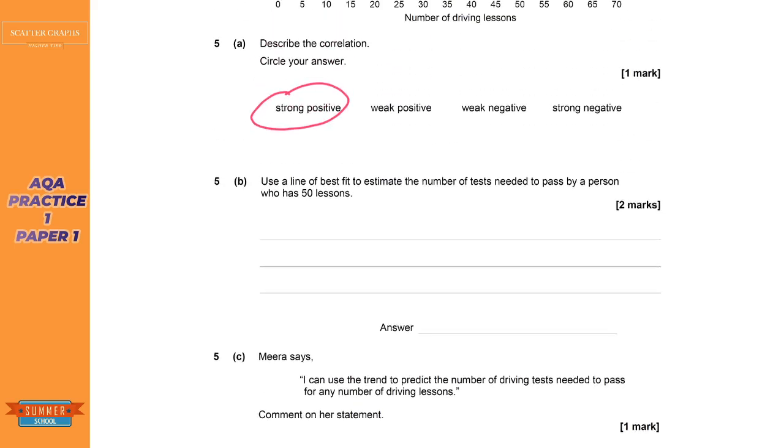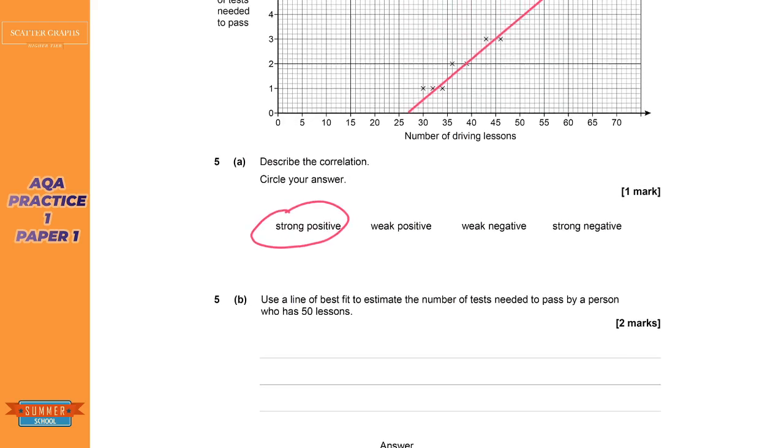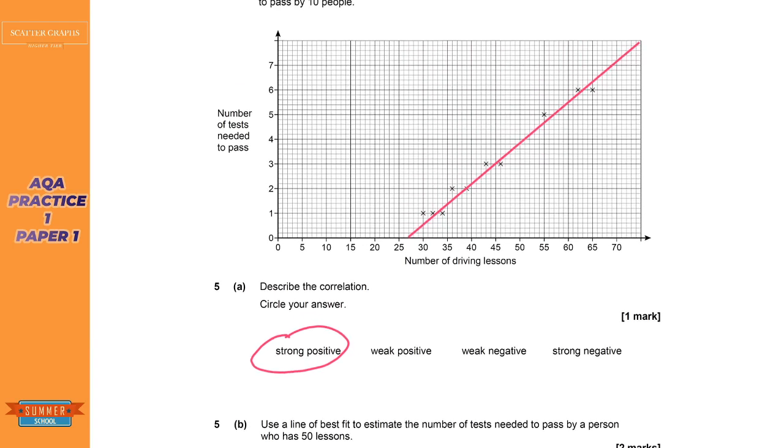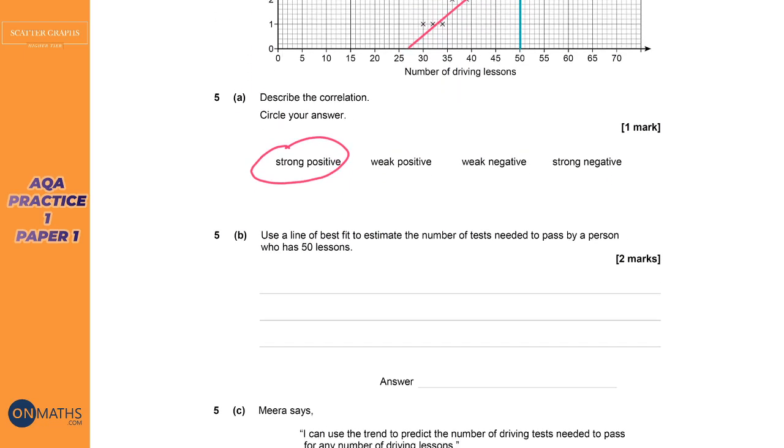Next one, gone too far. Use the line of best fit to estimate the number of tests needed to pass by a person who has 50 lessons. So 50 lessons. I'm going to draw a line up from 50, which would be here, then draw a line across, and read the scale. Well, the scale, they're going up in 0.2s, and if we look again at it,